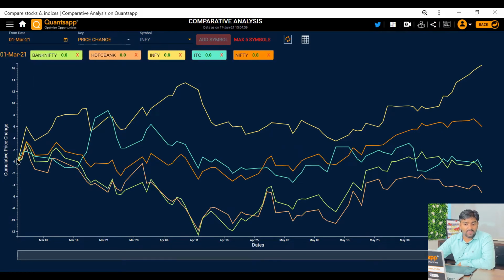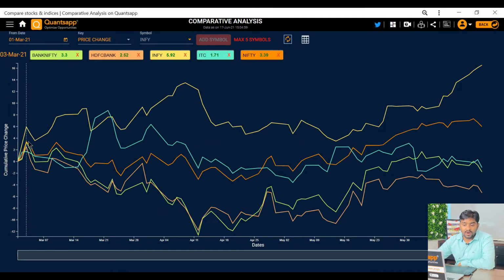The values always start with the 0 value. Now if we move to the next day, it will show you the percentage change that these stocks have shown from that value, right? That is the percentage change. Now you see Bank Nifty moved up by 0.7%, HDFC moved up by 0.5%, Infosys moved up by almost 3%, and ITC and Nifty all went up, right? As of now, when we move to the next day, this shows a cumulative value. So the next day it is 3%.